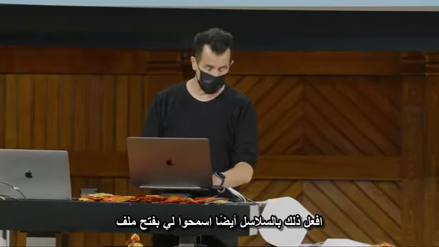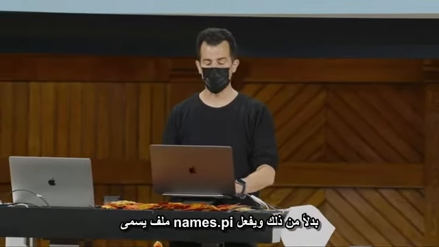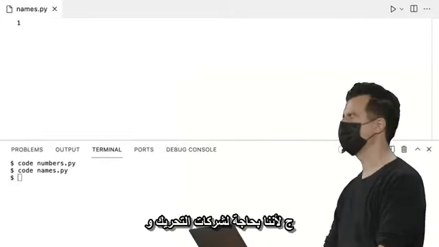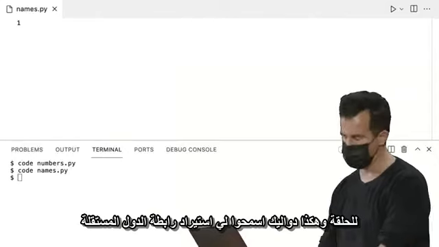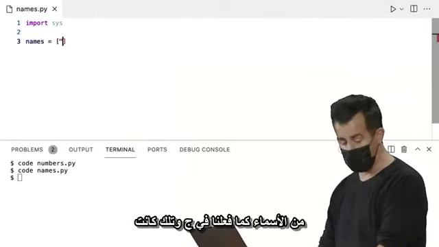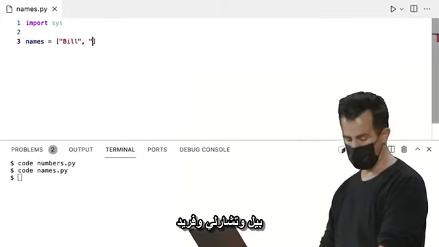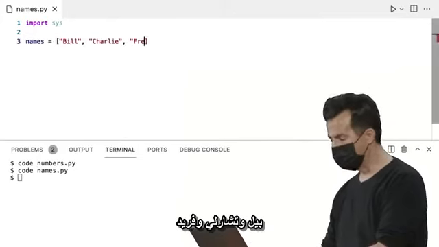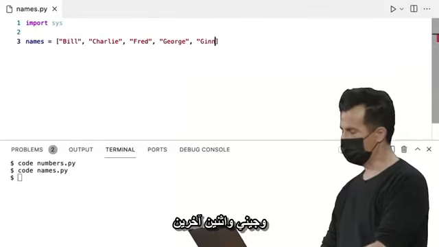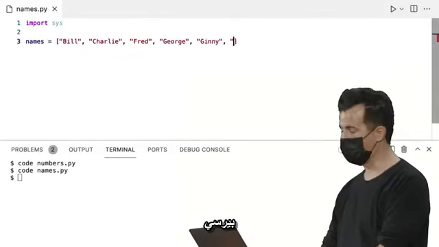We can do it with strings too. Let me open a file called names.py instead, and do something that was even more involved in C, because we needed strcmp and the for loop and so forth. Let me import sys for this file. Let's give myself a bunch of names like we did in C. And those were Bill and Charlie and Fred and George and Ginny and 2 more, Percy